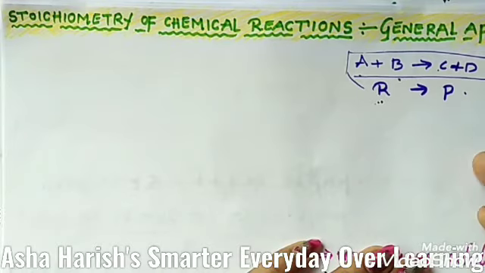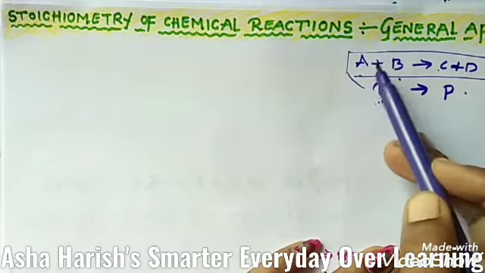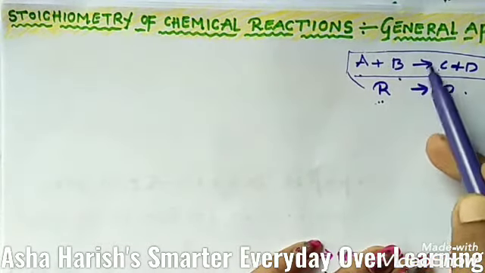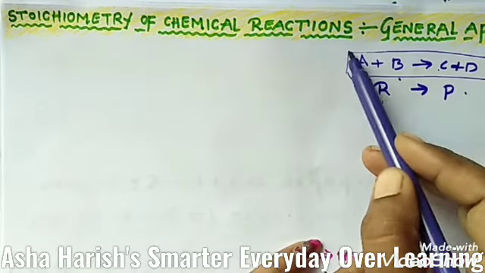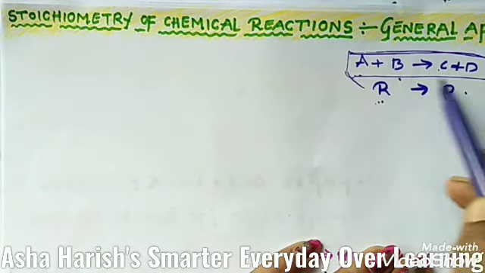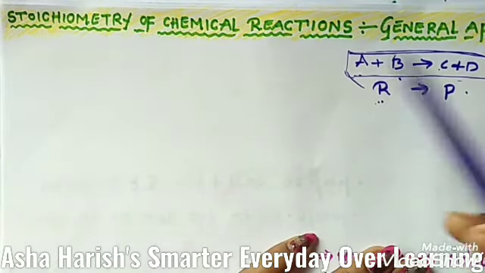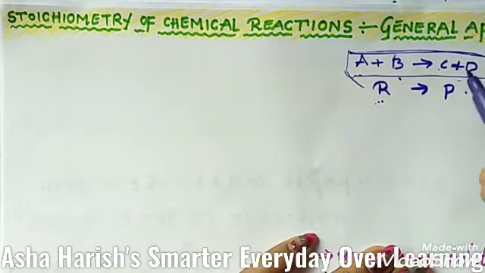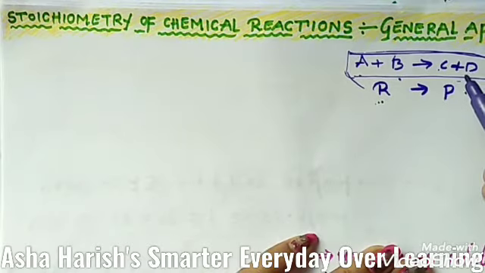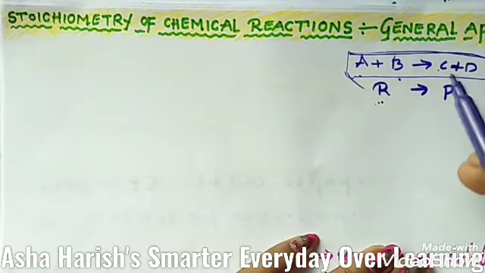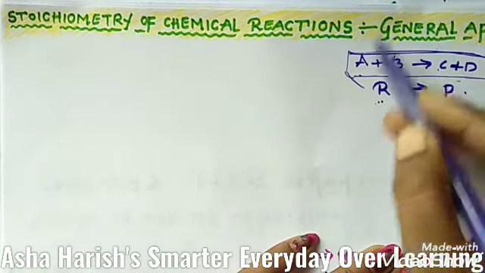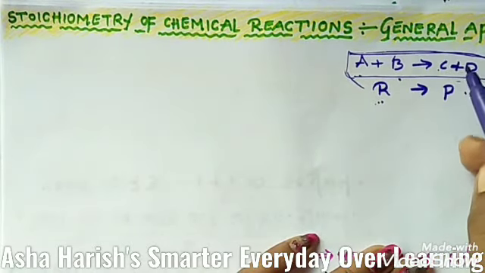Definition of reactants: the substances which are involved in the chemical reaction undergo a change, which leads to the formation of products. Then after completion of the chemical reaction, what are the substances we get? Those are only products. Okay, dear students, now the relation in between the relative quantities of a substance taking part in